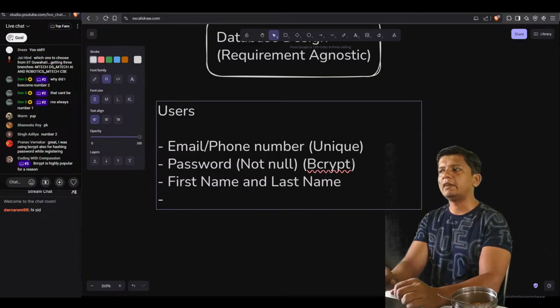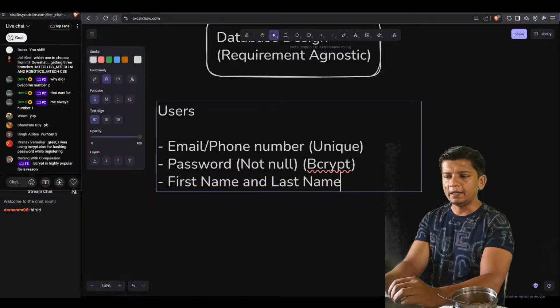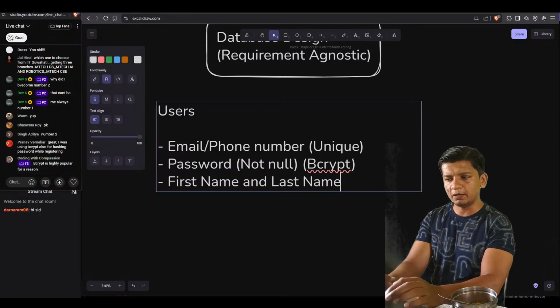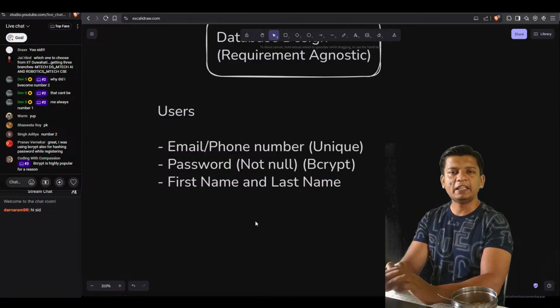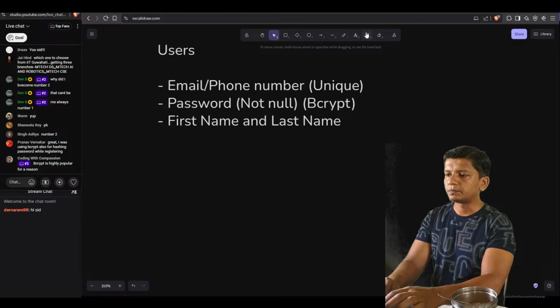Next thing, what else can we think of that is a direct property of a user? So we're gonna keep it only this much, and we're gonna wrap up the users table. If any more properties come to mind, I will add to this later. Now,